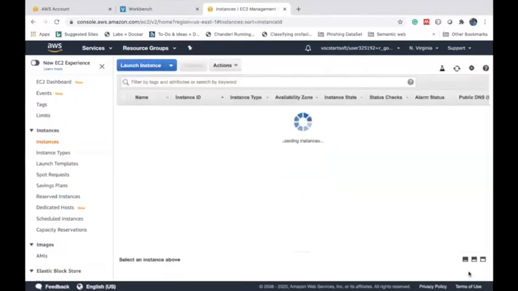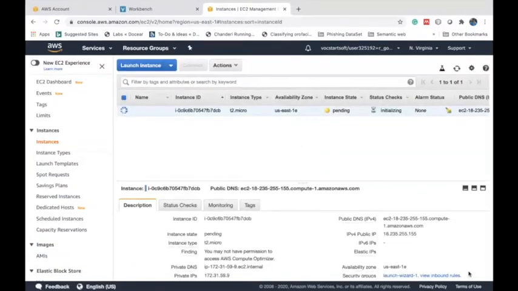View instances. If you look at my dashboard, I have terminated all the instances which I created this morning and earlier today. If you don't terminate, of course, the charges will be applied. So please wait for the instance status. Once it changes from pending to ready, you can start connecting from your SSH terminal to this virtual machine.